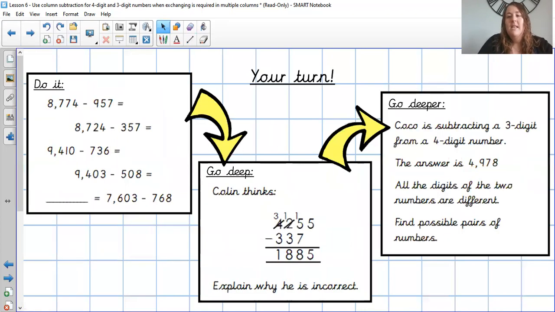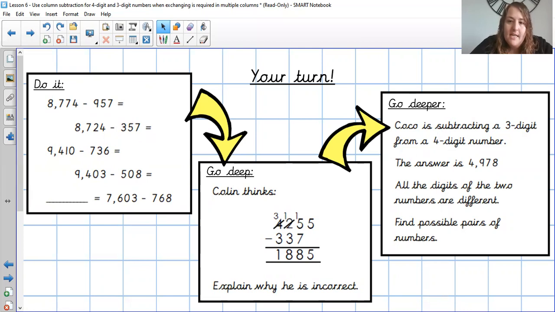Okay, your task today then, you've got 5 do it questions, just like the ones we've done. Just be careful again on this 4th question on the do it, because you are going to have to exchange from 2 columns along because we have those zeros there. Then you have a column problem. Hopefully again, you can already see just by looking at that question what he's done wrong even now,